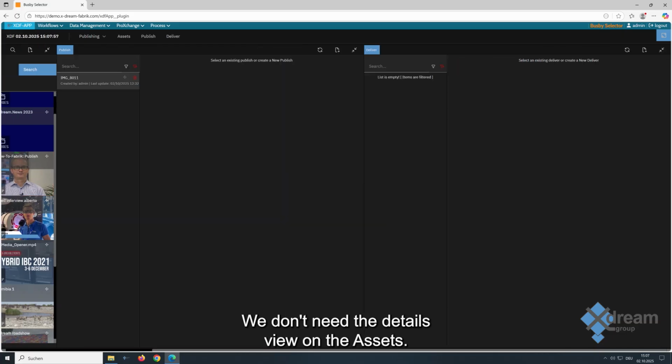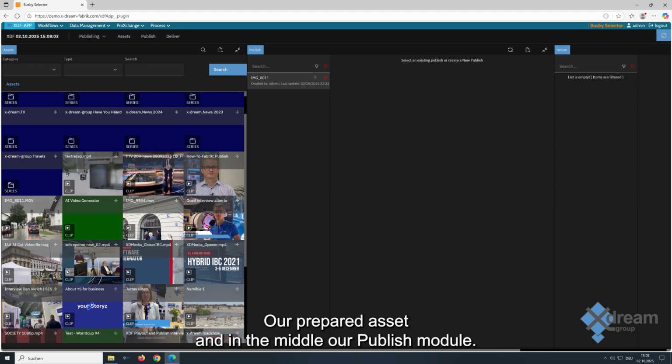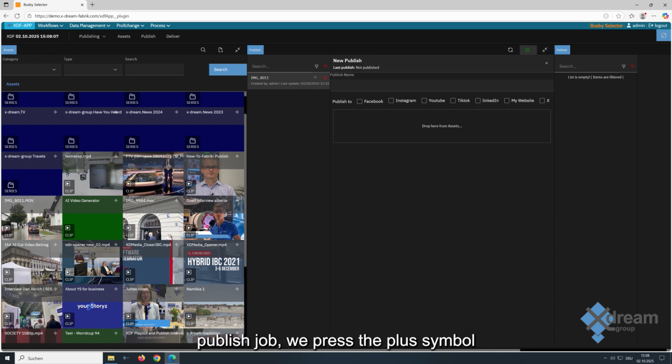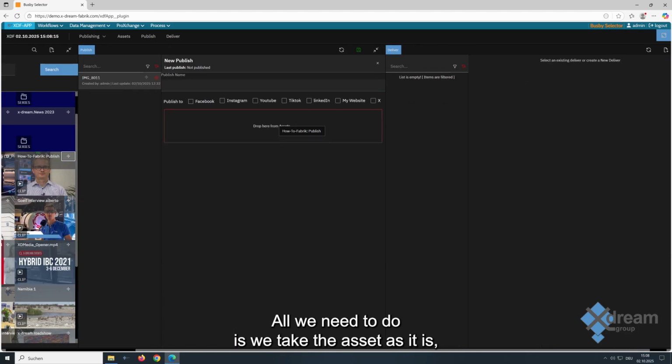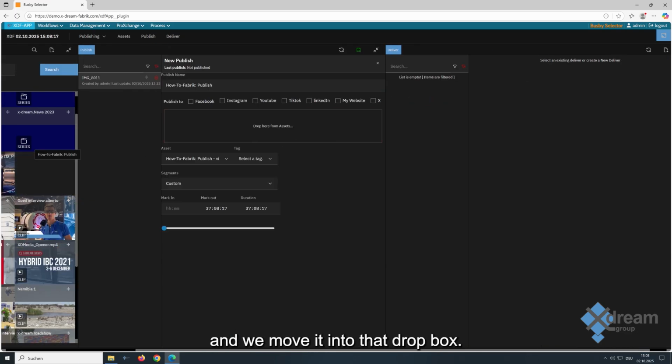We don't need the details view on the assets. All we need is on the left-hand side our prepared asset, and in the middle our publish module. To start a publish job, we press the plus symbol that opens us a new job. All we need to do is tag the asset as it is and move it into that job